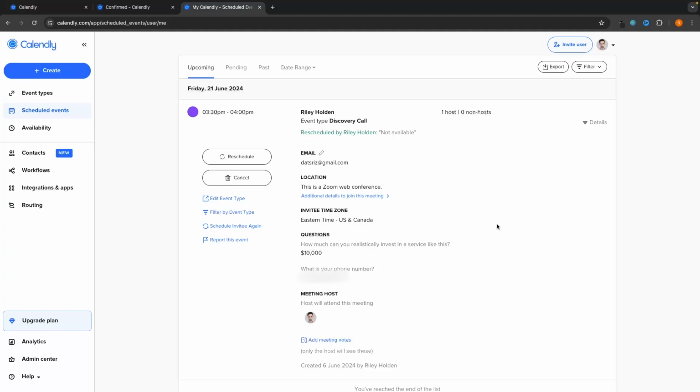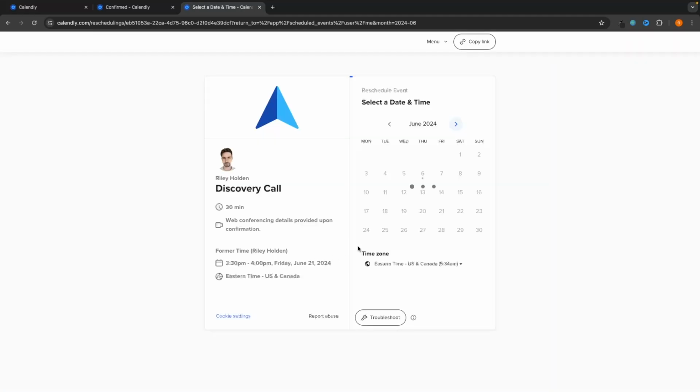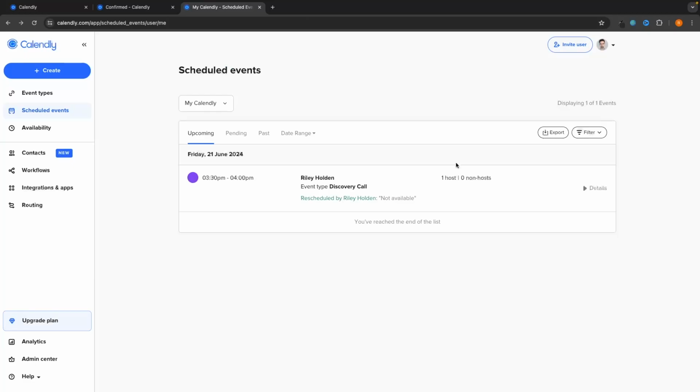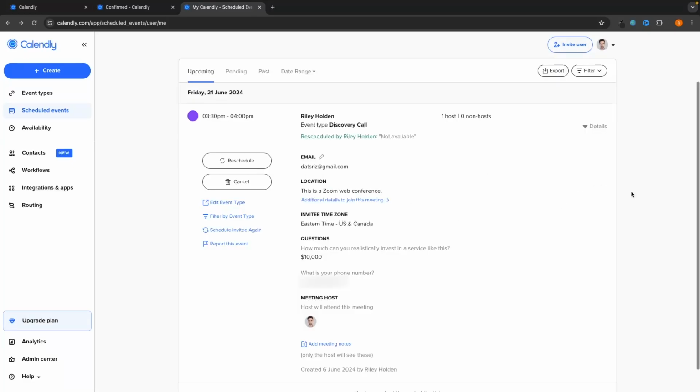And if for some reason you want to reschedule the call yourself, we can click reschedule. And you can choose a date and time that you as the owner want to reschedule this to. Once again, it will send the client an email and let them know that you have rescheduled. And then if they are not available at that time, then they can reschedule, but it gets a little bit technical there. If I see something on my calendar right here that just doesn't look good, like if this guy